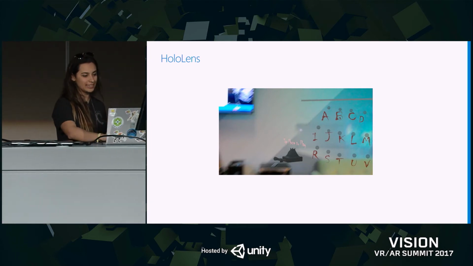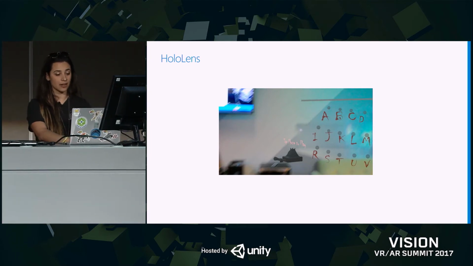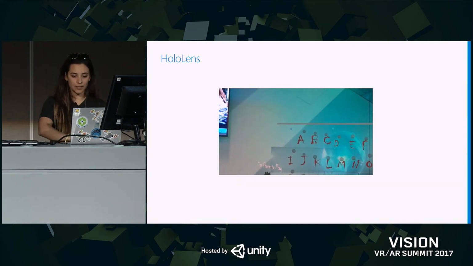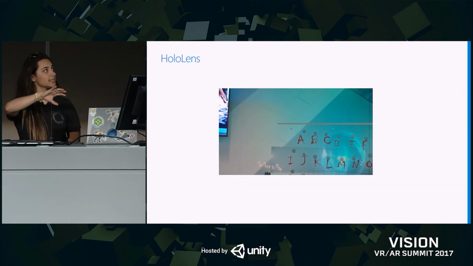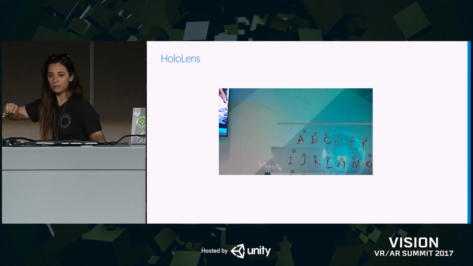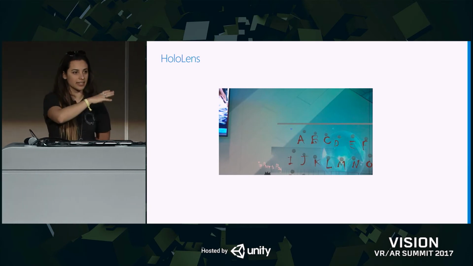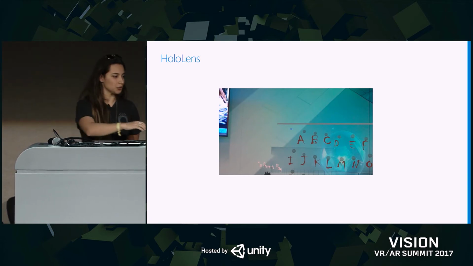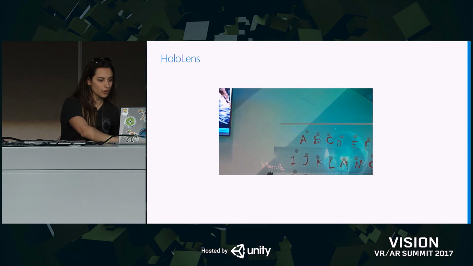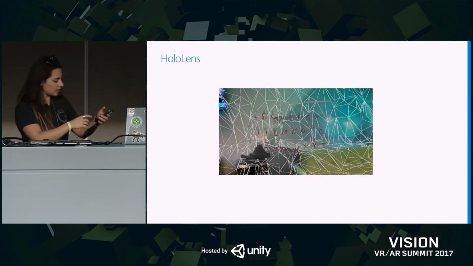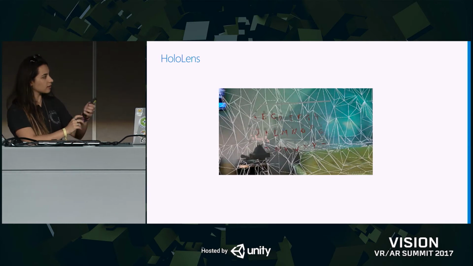There's this one scene that I wanted to create in HoloLens because I thought it would be really cool. In this experience, it's my alphabet board, and I place it on my wall in my living room, in this case, just in a regular office building, and you can write a message. With HoloLens, you have this great ability of meshing your environment. You can kind of see it. I don't know if this one has a laser pointer.